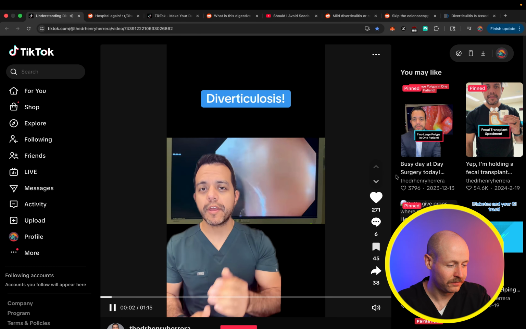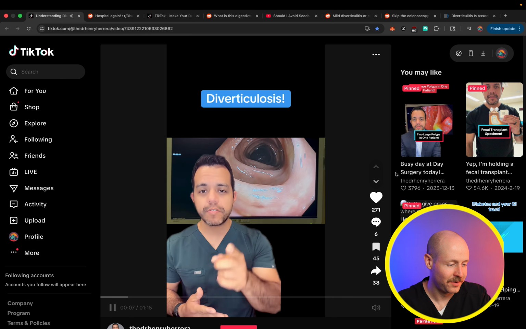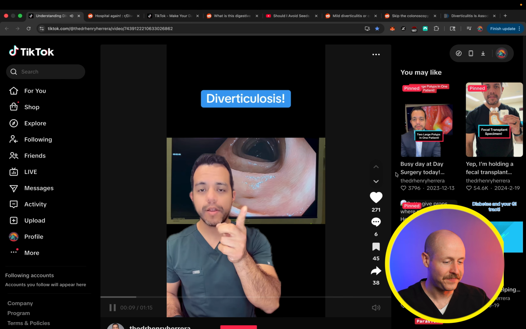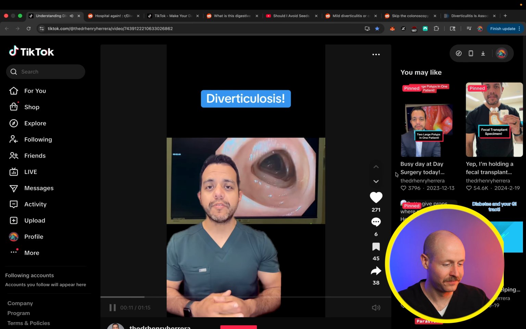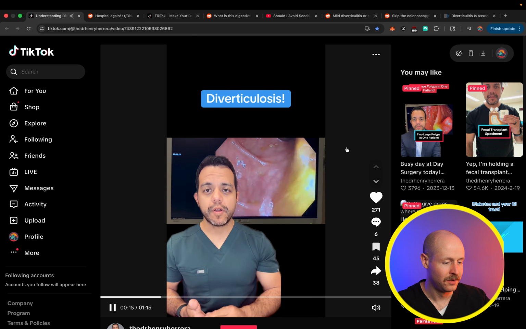So today I'm showing you a colonoscopy for a patient that was done for screening purposes, but more importantly, I want to show you a disease process called diverticulosis. So this little pocket right here is the diverticulum. You put more than one diverticulum together, diverticulosis. So diverticulosis is a condition where there are weak